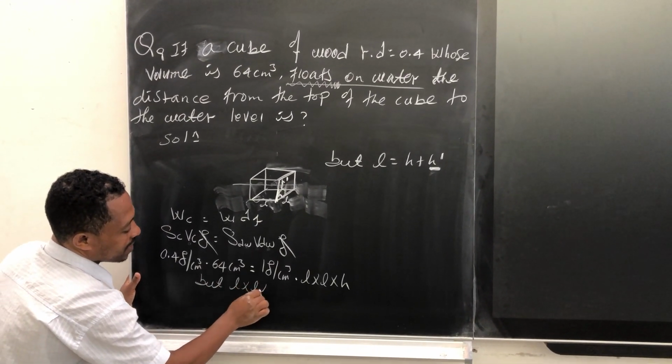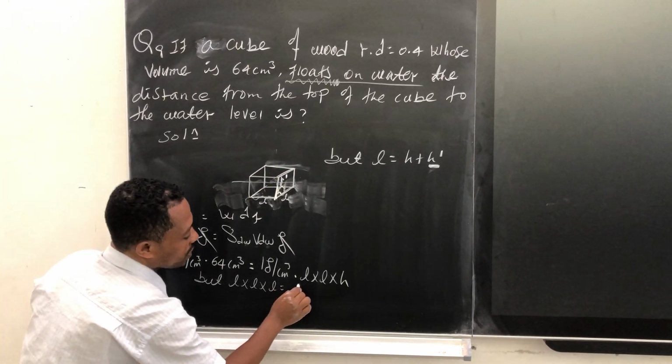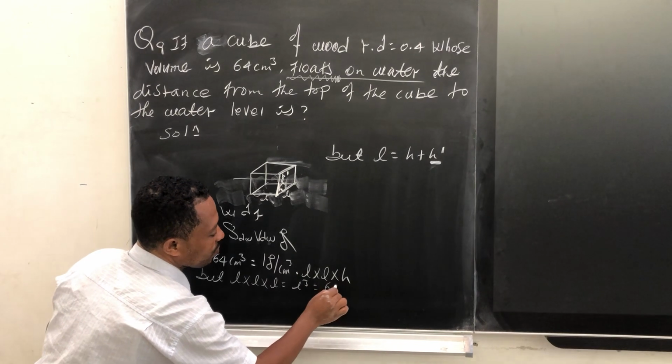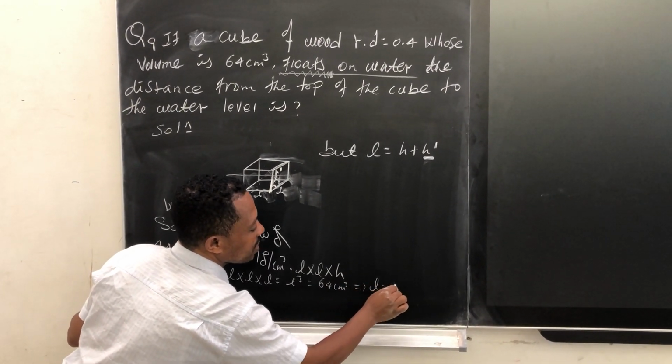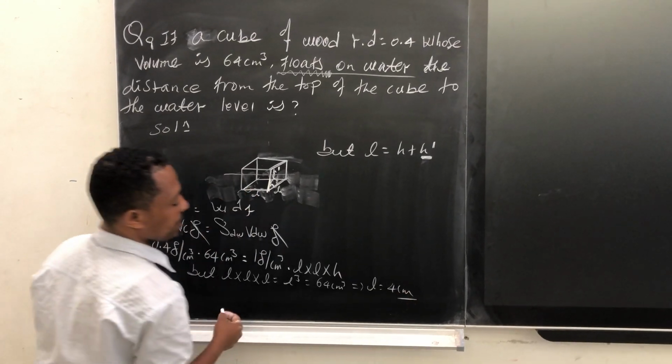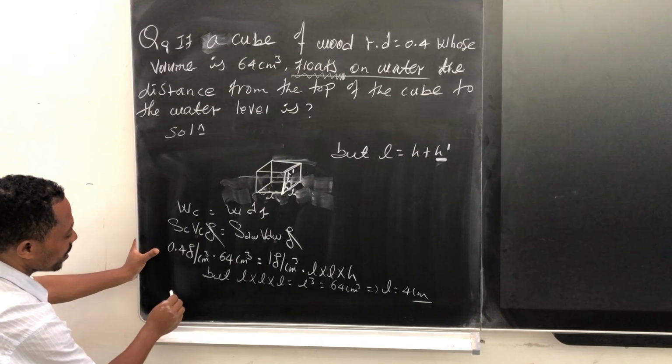But L times L times L is the volume of the cube, that is L cubed, which is 64 cubic centimeters. This implies that L is simply 4 centimeters. Great. If so, look my dear,